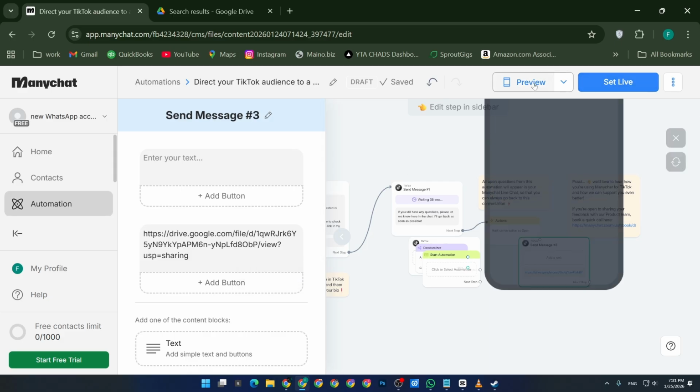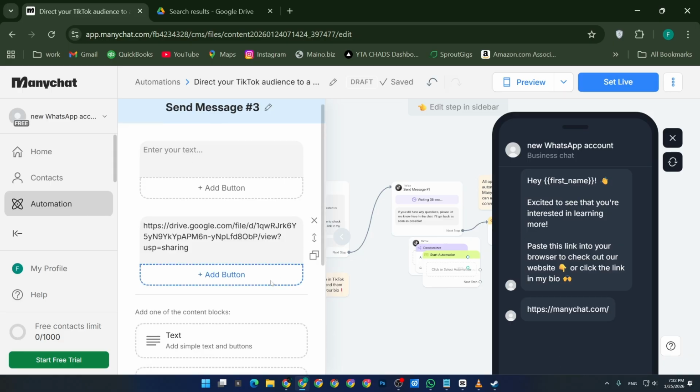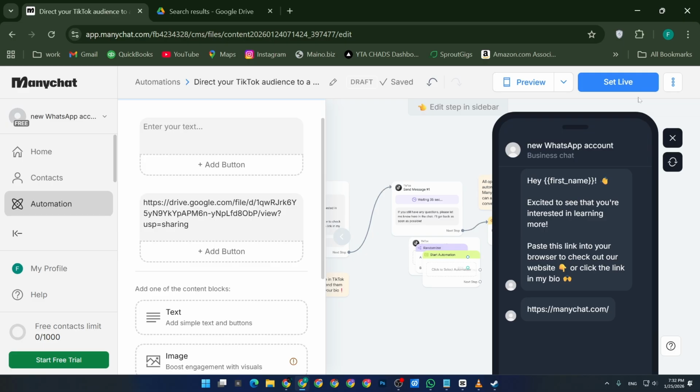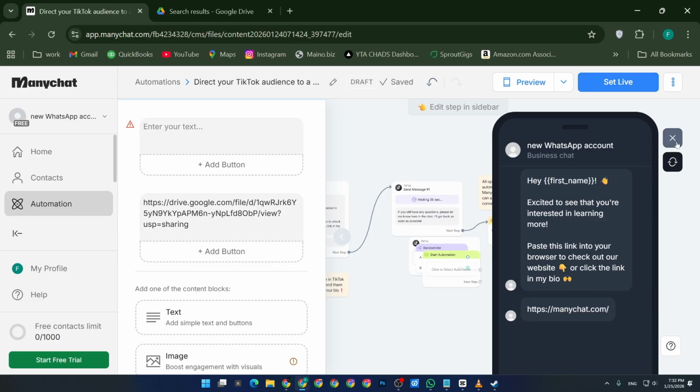Before you finish, here are two quick tips. First, always test the link yourself to make sure it opens correctly on both desktop and mobile. Second, if your PDF file is very large, consider reducing its size so it loads faster for users on mobile data. And that's how you put a